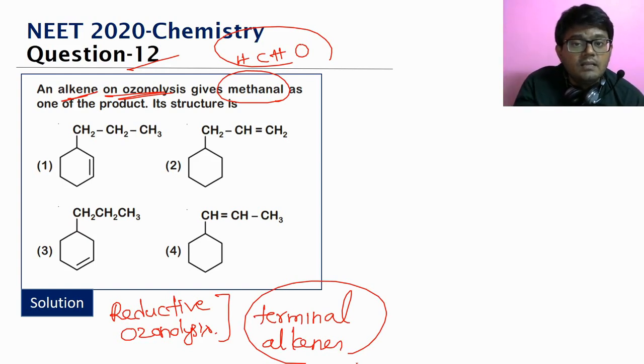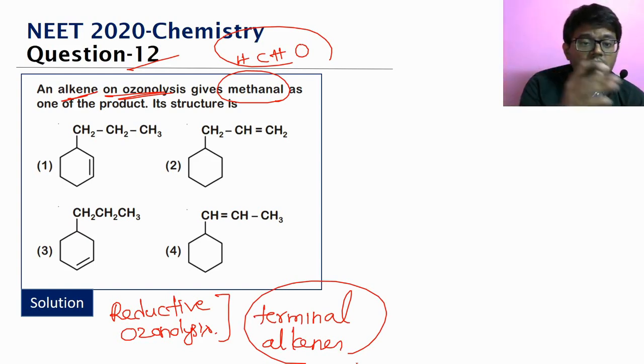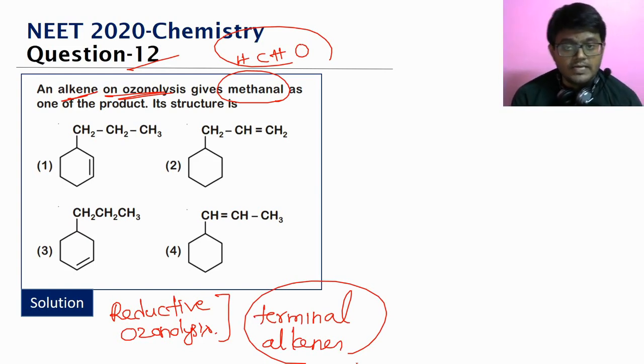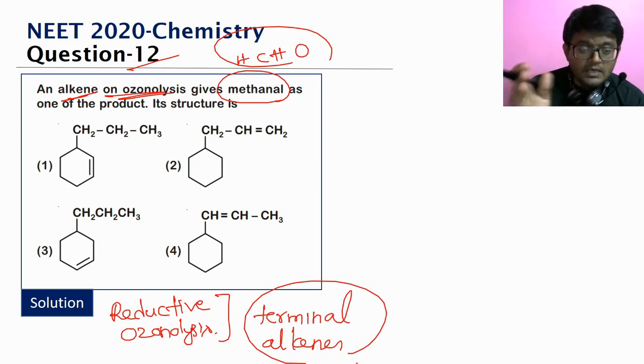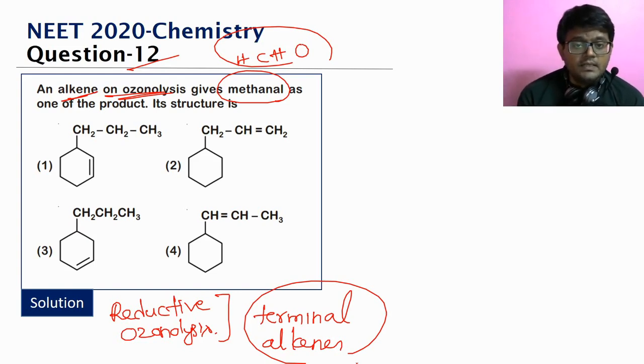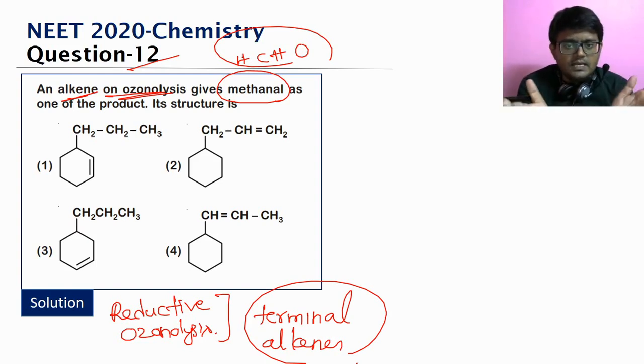If you look at the ozonolysis reaction, first we form the ozonide complex. The cleavage of the ozonide complex can be done in two manners, either reductive cleavage or oxidative cleavage. Reductive cleavage is done in the presence of zinc and water, and it gives us aldehydes and ketones. Cyclic alkenes give only one product, but that product has two carbonyl groups.